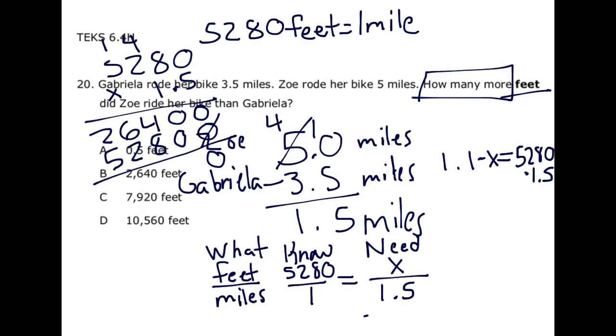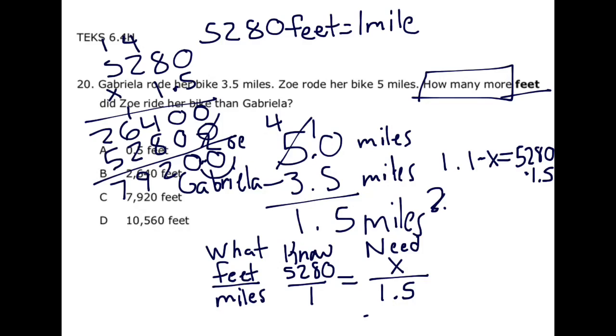So now I add these vertically. 0, 0, 12, 6 plus 2 is 8, plus 1 is 9, 5 plus 2 is 7. I get 79,200, but I need to move my decimal once. So I get